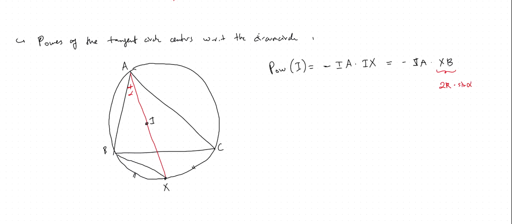Yeah, we can extend XO. Exactly. You simply draw a diameter from X or B, one of them. Draw a diameter and connect it to the other one. You will have alpha and you will have 90 degrees. So diameter and alpha, you will simply have this. So this is equal to minus 2R IA sine alpha. And IA sine alpha is just this